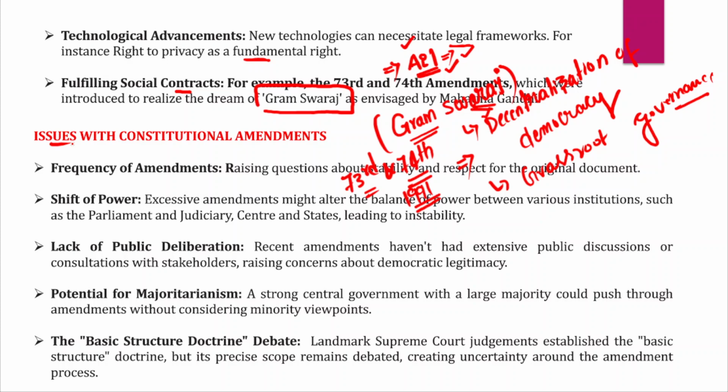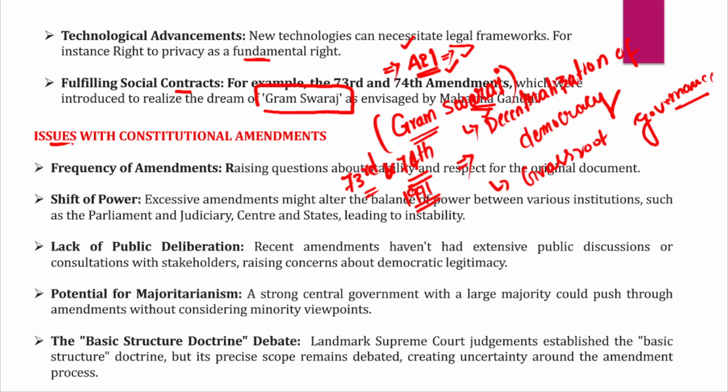So firstly, if you look at the Indian amendment procedure, the Indian Constitution and the US Constitution. The US Constitution is a very rigid constitution; you cannot easily make amendments to it. But on the other hand, the Indian Constitution is a mix of rigidity and flexibility. That means you could amend the Indian Constitution, and amendment of the Indian Constitution is comparatively easier than the amendment of the US Constitution.